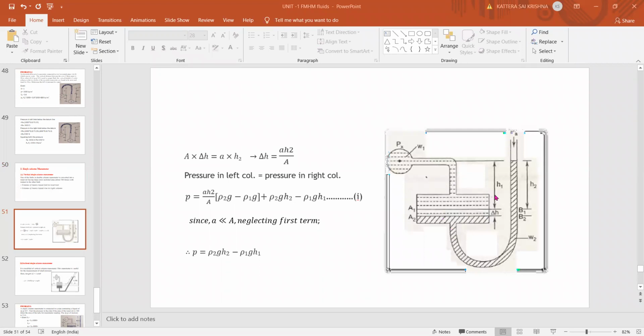Due to the large cross sectional area of the reservoir, for any variation in the pressure, the change in the liquid level is small. Suppose the pressure is more, it pushes this down, and the manometric fluid will rise here. Even if the pressure is changed at PB or PX, there won't be much change in delta H because of the large area of the reservoir. The change in the liquid level in the reservoir will be very small, because the tube size is very small and this size is very big.